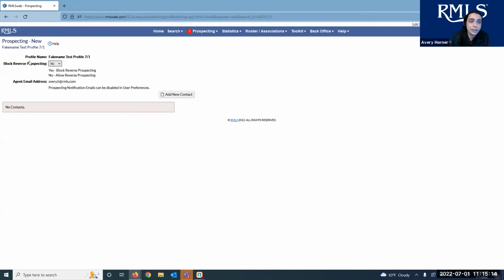So here, right here, we have the option to block reverse prospecting. I'm going to set it to yes, because this is a fake prospecting profile and I don't want to get anyone's hopes up. But reverse prospecting, I do suggest you leave on, because people can do reverse prospecting searches to search for prospecting profiles and see what they're looking for, see the criteria. Maybe they have a house that has been up for a little while and they see a prospecting profile and they say, whoa, this person is looking for exactly what I have, and they didn't catch my house during their first initial search. I'm going to email that agent,